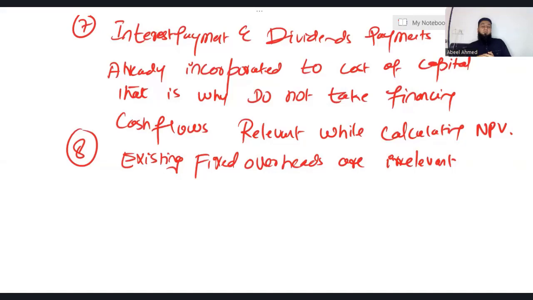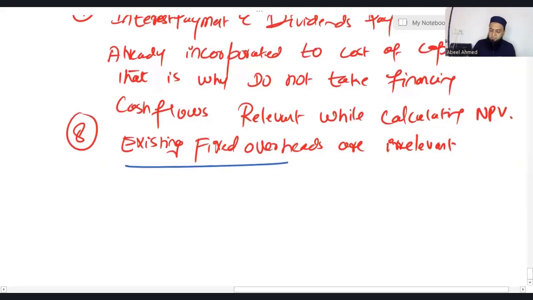If you come across any one of them, please take them as irrelevant, because all those terms I'm going to discuss right now mean existing fixed overheads. And as I mentioned, existing fixed overheads are irrelevant because they are not incremental. So terminologies which can be used with existing fixed overheads: